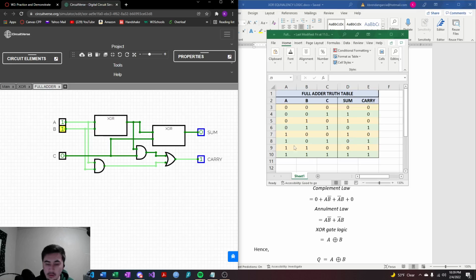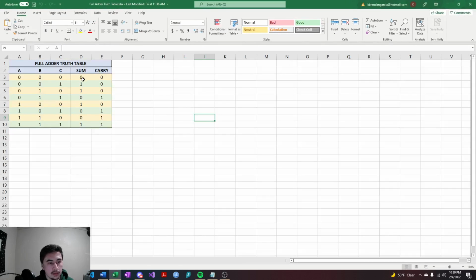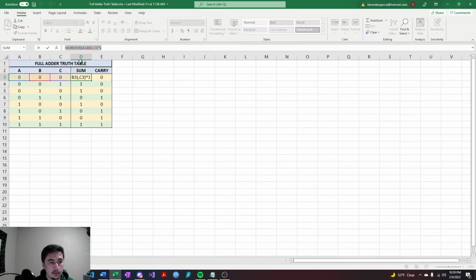And when all are 1, all inputs are 1, we should have a sum of 1 and a carry of 1, as we can see in the diagram. And before I end, I'll just show my Excel equation here for each of the outputs. So that's the sum,